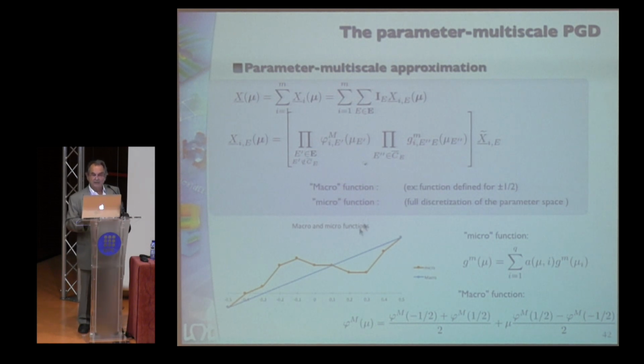It is given here. So you see the solutions that you are looking for. Here it is a part that depends on the element E. And so for the element E, we have several terms, several products. This product, which is here, you have the microfunction. Here we use the macro description of the parameters, but we are considering only parameters associated to the elements belonging to the neighborhood of E. For the elements outside, we introduce only the macro description, in our case, a linear description.